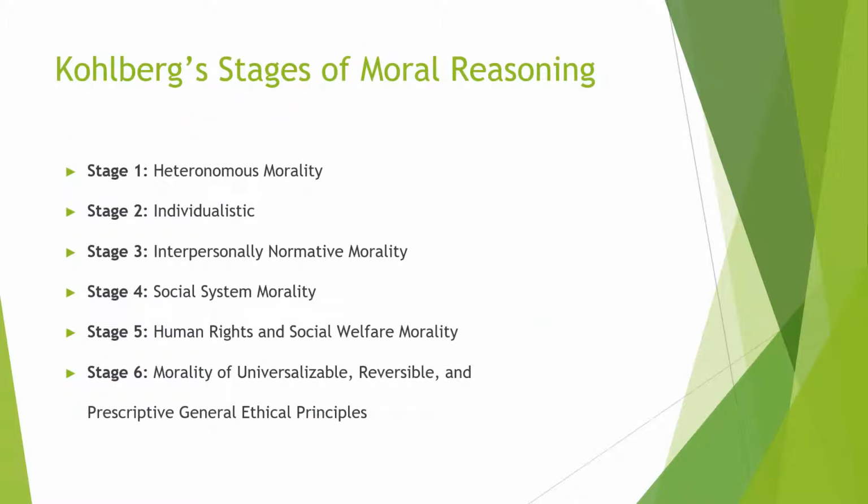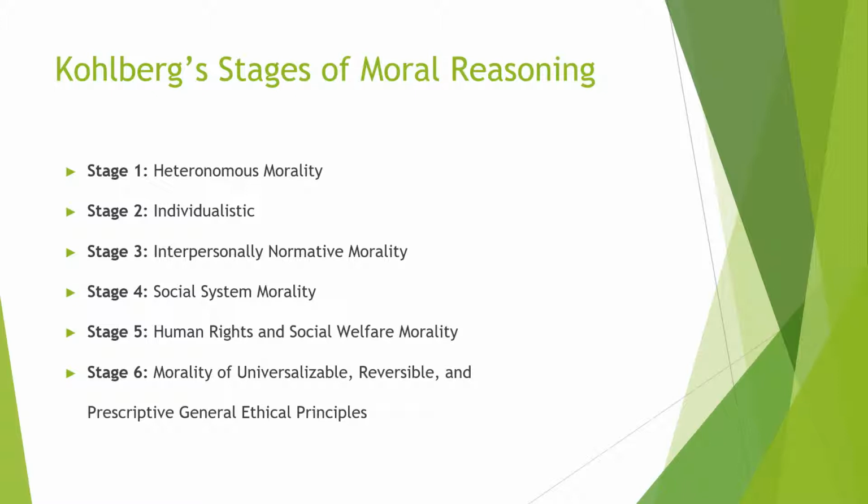So now let's talk about the 6 stages of Kohlberg's moral reasoning. And as we go through each one, remember that with this theory, people can only pass through these levels in the order listed. Let's also keep in mind the Heinz study as we walk through each stage, as that study is really the framework for these 6 stages.